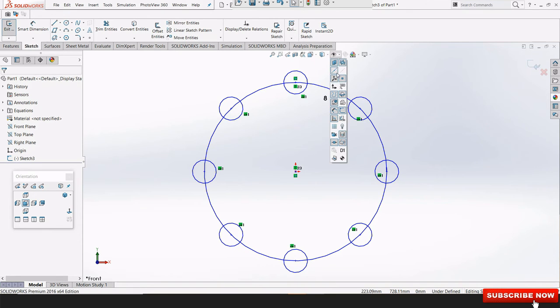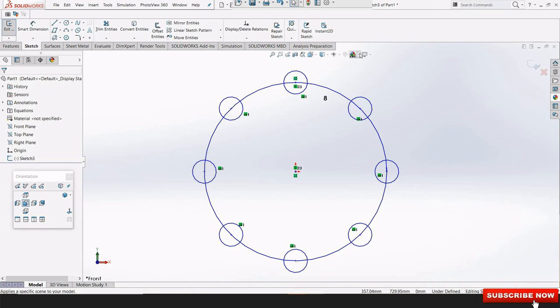Then we have this, where you choose what you want to look at on the sketch. If you don't want to see these relations, we simply click on this and it will be wiped from our interface. I want to see that. We have dimensions. If you don't want to see the dimensions, we simply click on this tool.